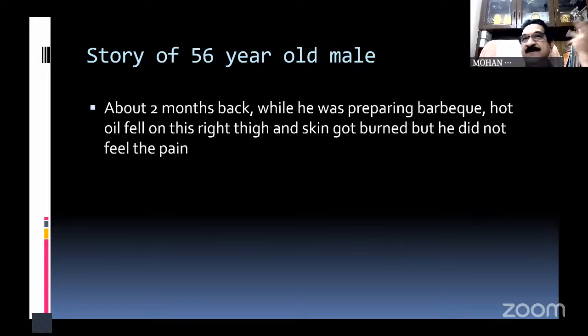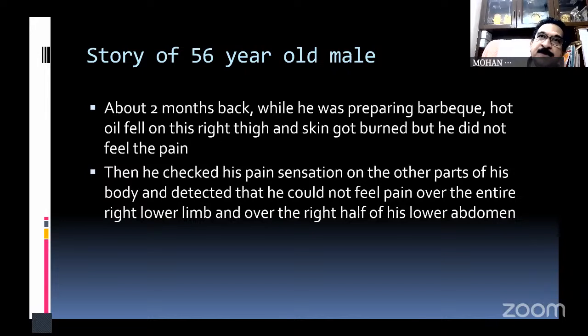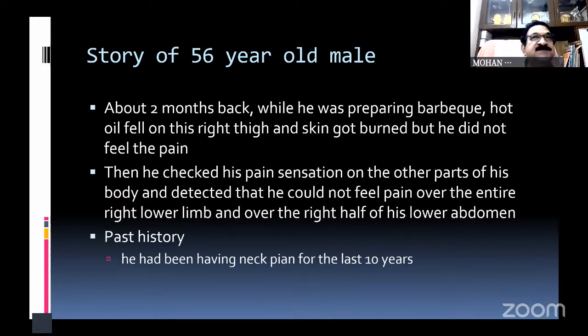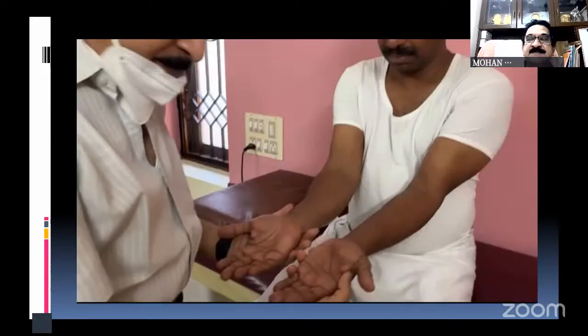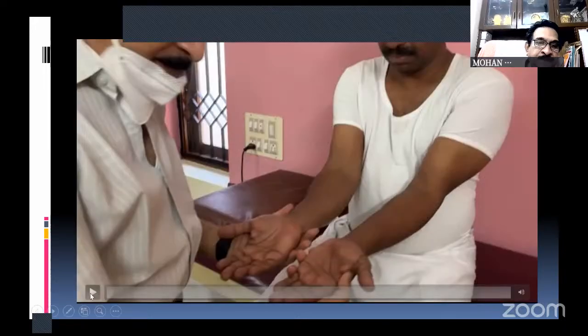How long it has been there, we do not know. It's only because the oil fell on the thigh that he did not feel the pain. Then he checked his own trunk, and found that he had lost sensation in the entire right lower limb, which he did not notice before. Past history of neck pain. This is the story. On examination,